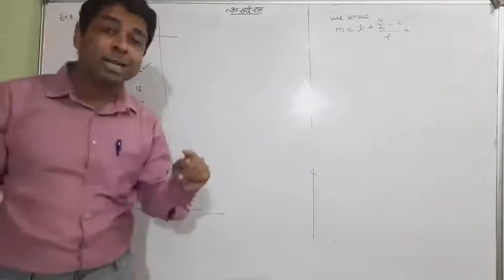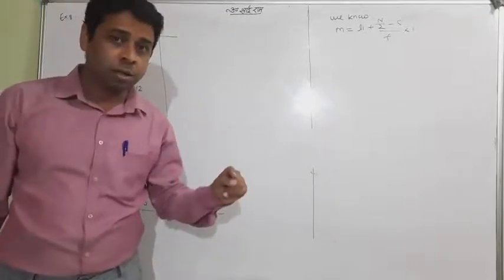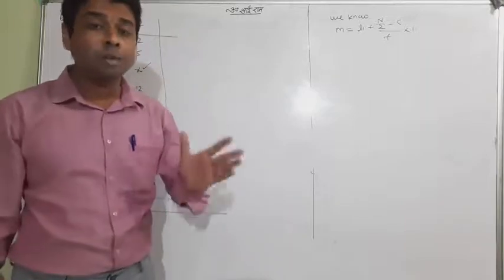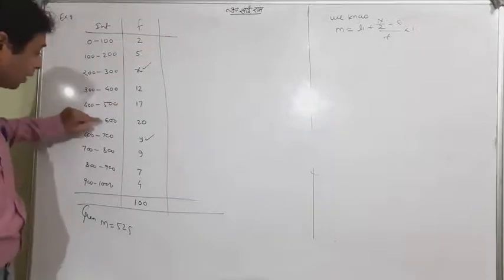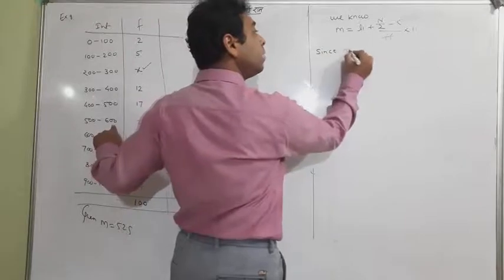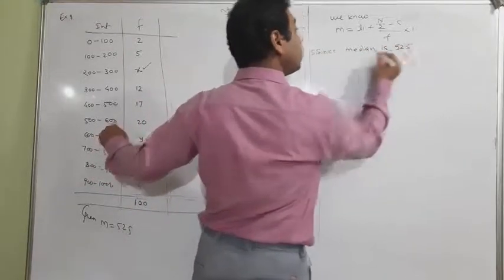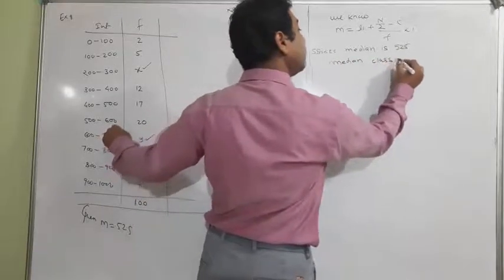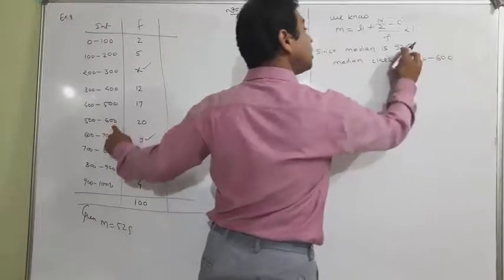I taught you that the median always lies in the median class. Recently I taught you that the median is a number which always lies in the median class. 525 lies in 500 to 600. Since the median is 525, the median class is 500 to 600, because this is lying between the